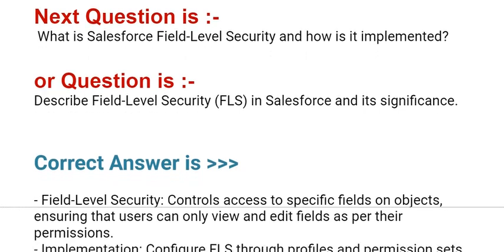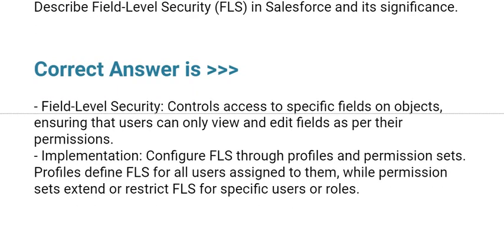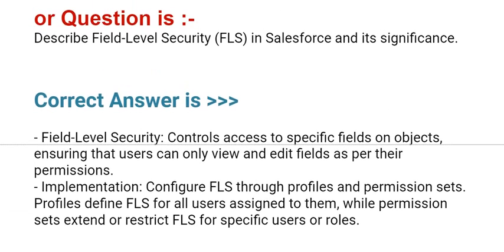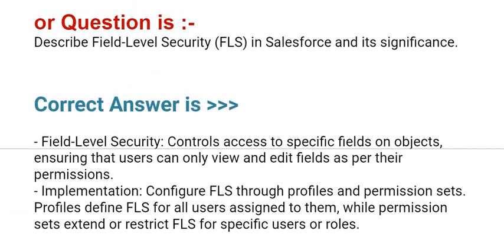Your answer should be, field level security controls access to specific fields on objects, ensuring that users can only view and edit fields as per their permissions. Implementation: configure FLS through profiles and permission sets. Profiles define FLS for all users assigned to them, while permission sets extend or restrict FLS for specific users or